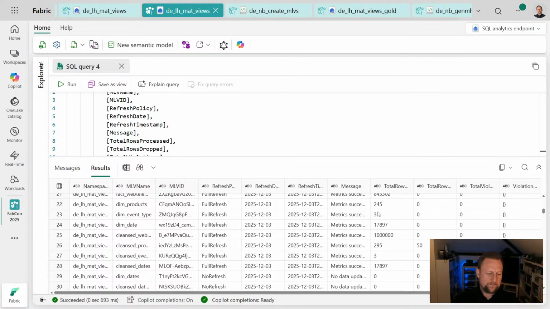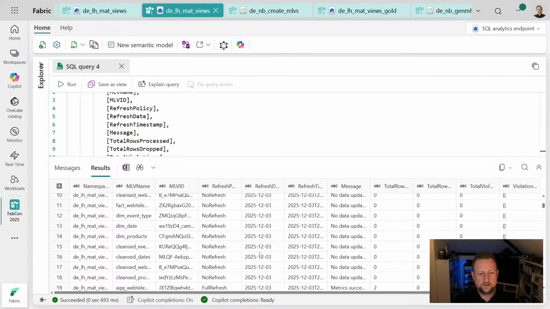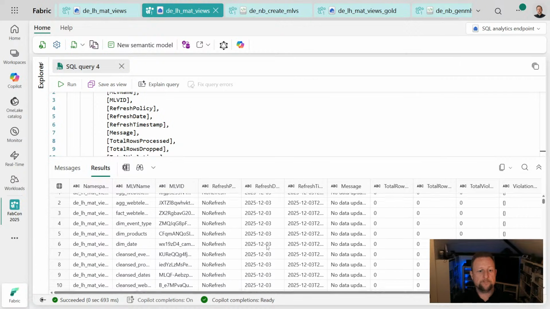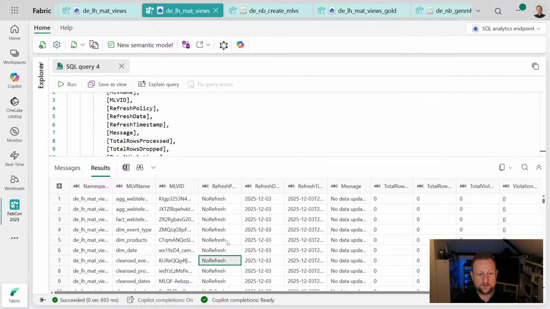Now, I'm going to ask Microsoft about this to see if this is put into some table that we can get at, because that would be useful, even if it was just a key to the table, right? But at the moment, we can see like the total rows dropped. But then we can see on subsequent refreshes, and this is the schedule kicking in, that there's no refresh, right? The data hasn't changed. Now, if I was to go change data in one of those tables, then next time it refreshes, it's going to refresh the MLVs for that particular